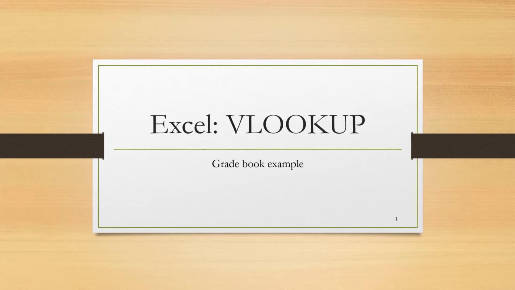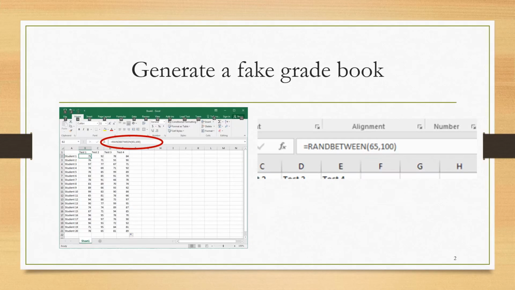In this presentation, we will look at Excel's VLOOKUP table, and we will be using a gradebook as our example. Generate a quick fake gradebook. Have in column A, student 1, student 2, and copy that pattern down for 20 students. Have 4 tests in columns B, C, D, and E, and then give them random scores between 65 and 100